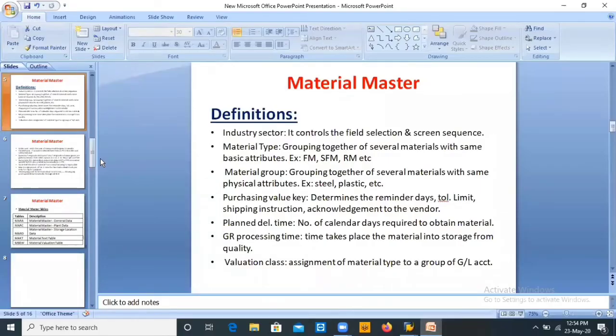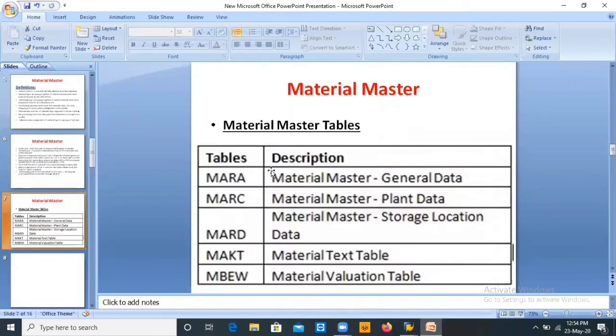MARA is the general data in the material master, MARC is the plant data, MARD is the storage location data, MAKT is the material text table, and MBEW is the material valuation table. These tables come under ABAP.